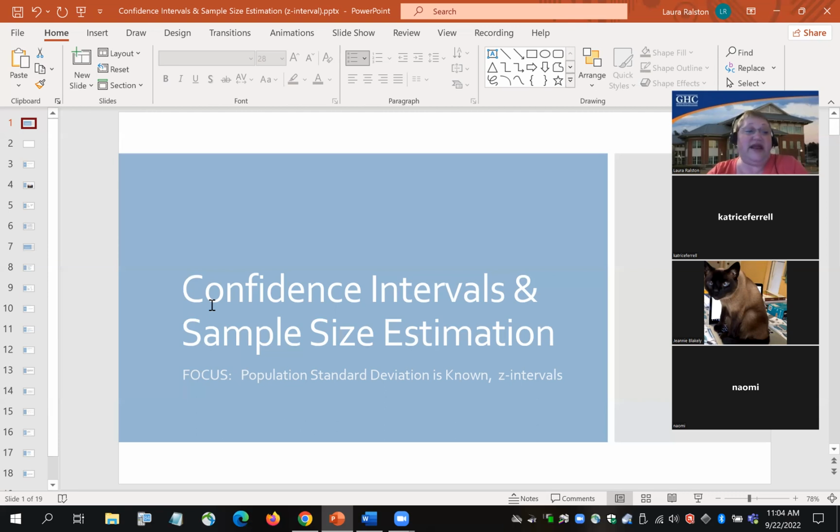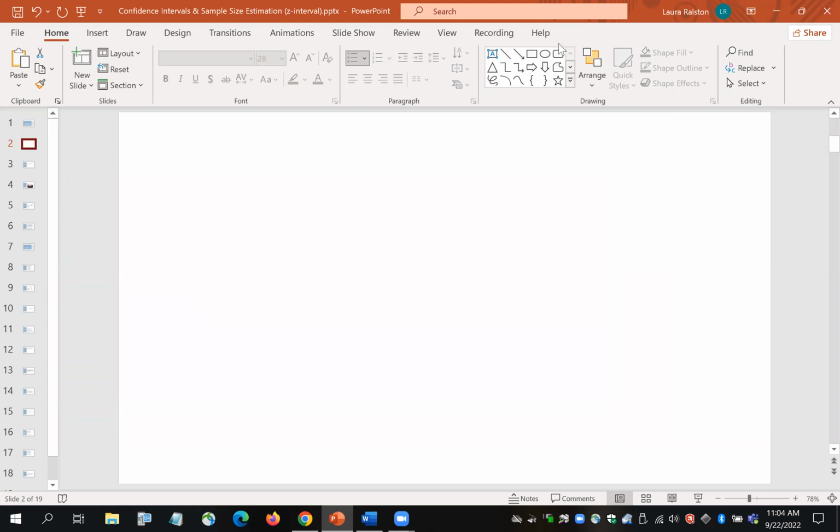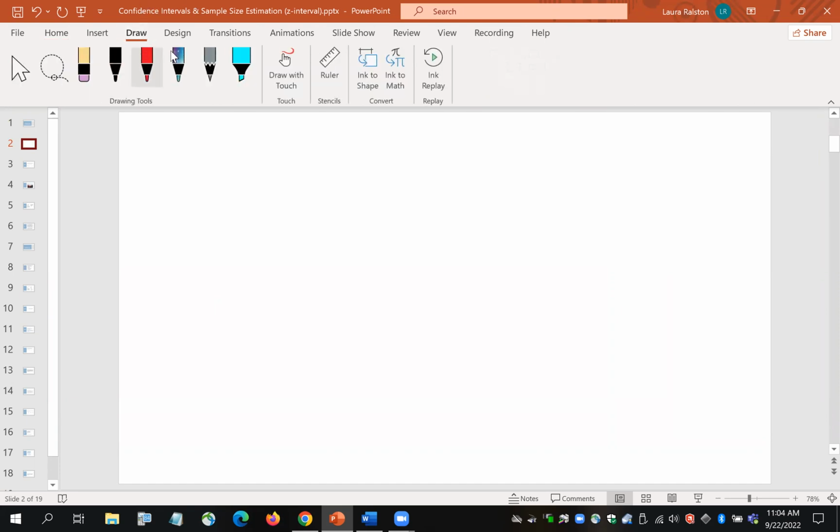So I want to begin with an explanation to try to make some connections for you from things that you have previously learned either in this course or in Stat 1401 with confidence intervals. So if you've looked at the PowerPoint, that's why there's a blank slide here, because I want to draw in the picture, which is an explanation, and it wouldn't make sense if you just had the picture on your own. So if you go back to the course